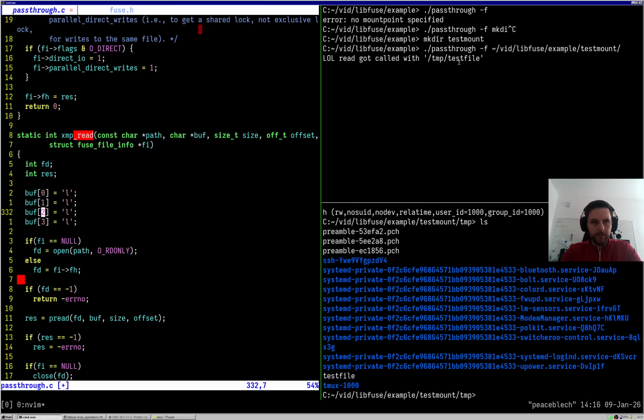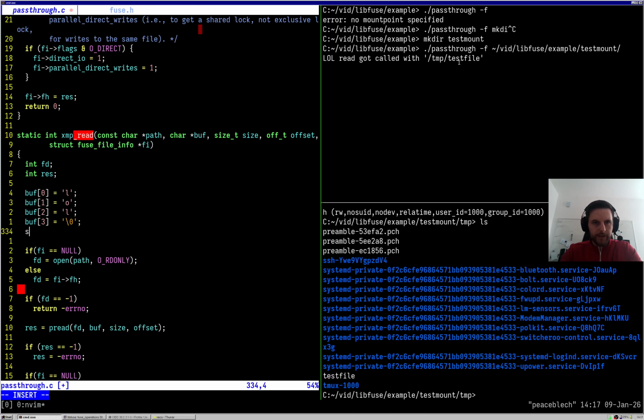So 1, 2, 3, O, and \0. And then we say the size is equal to res. Res returns how many bytes, if I remember correctly, it's returning 4. Great. So now we should be able to